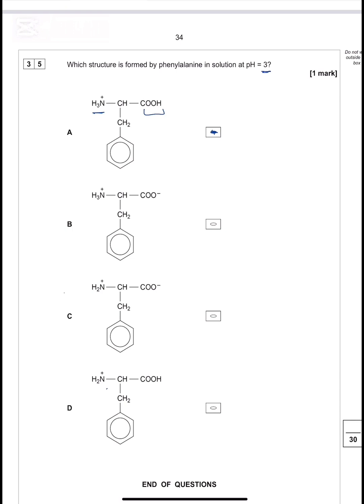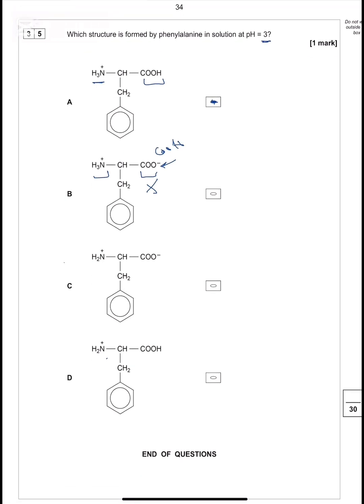However, let's look at the other ones. This one is carboxylate and NH3 plus, so this is wrong because it is going to be COOH at pH 3. And this one, NH2 plus, is completely wrong because it will be NH3 plus. And this is carboxylate. This one, NH2 plus, stays as carboxylic acid. However, this is wrong because it has to be